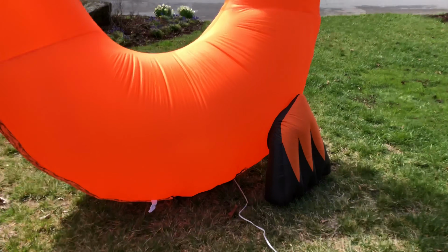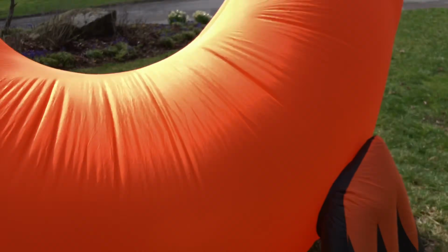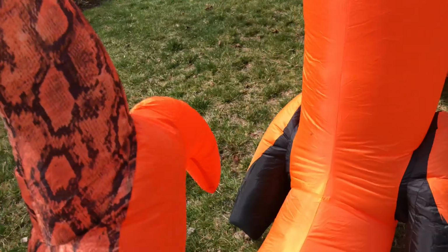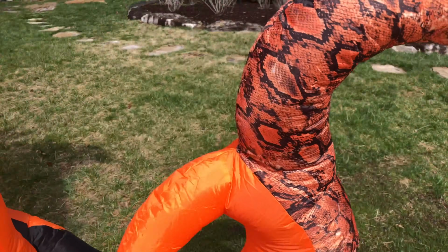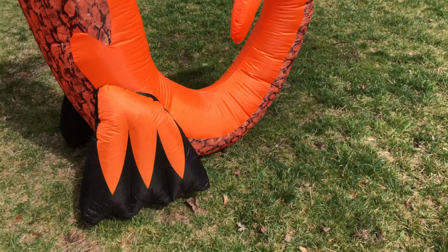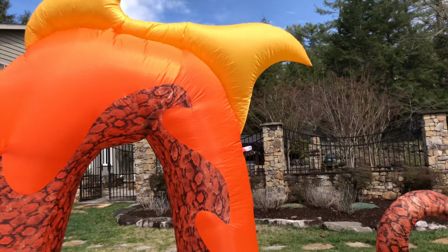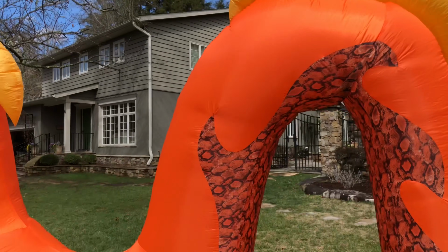And the tail, I really like the tail. It's just got a normal base fan, zipper, and the scaling goes underneath, which is nice. It inflates really, really tight, so that's always a good thing. It's got some scaling on its tail. And the little hump